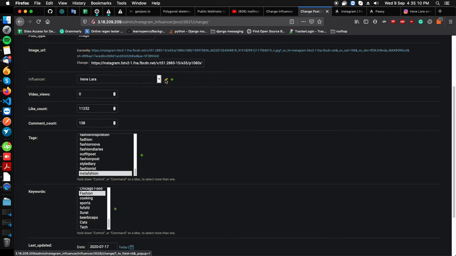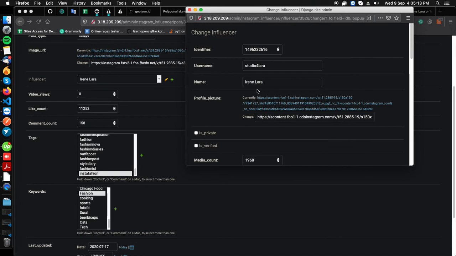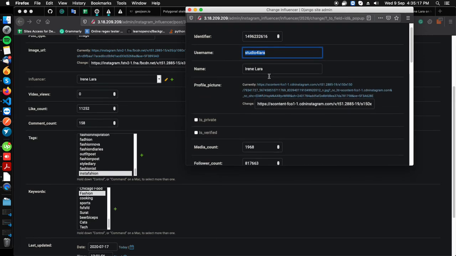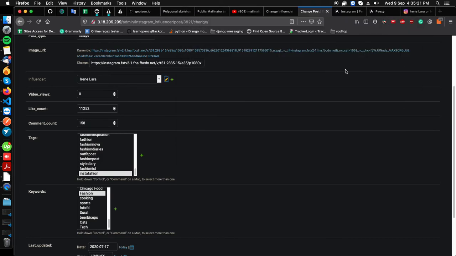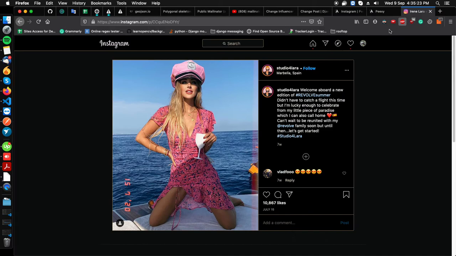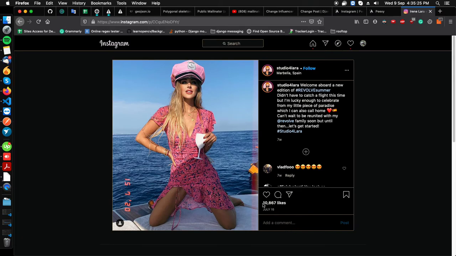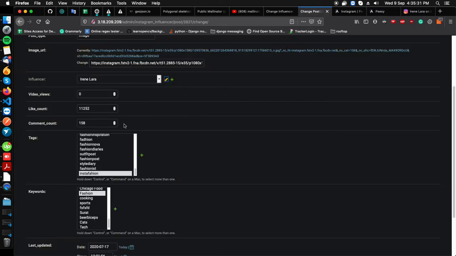If we check Lorena Lara's profile, Studio for Lara is the username, and all the details match what we have. And if we match like count and comment count, right now it has 10,867 likes and 11,252 or so likes.